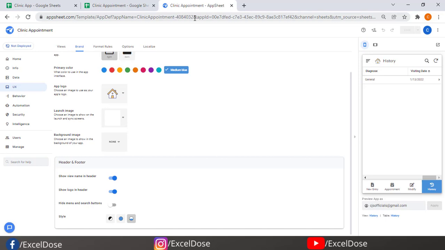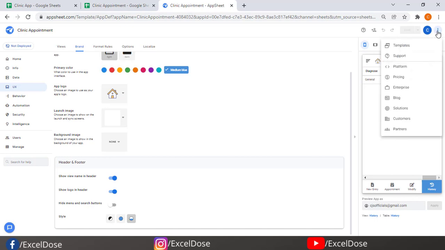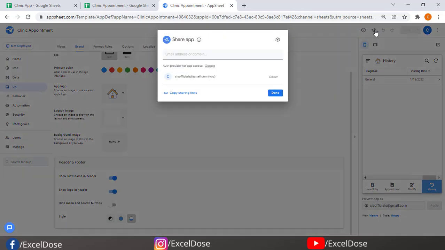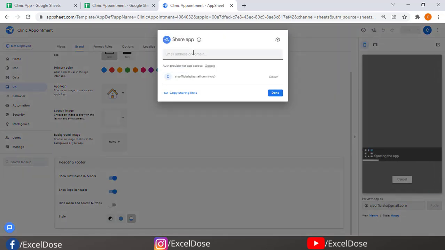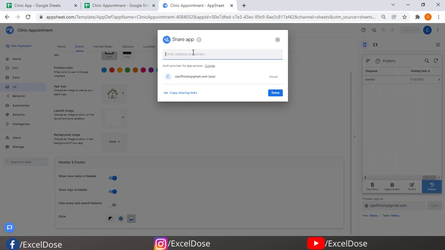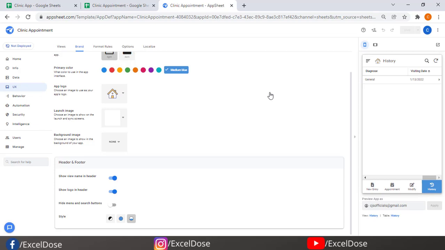Since it is already working on the web, if you want to run this application over mobile, you have to simply click on this one, not this one. You can share with your colleagues or office staff, and then you can enter their email address, so they will get a notification that you have shared this web application with them. Once they click on that, they can install it on their mobile, and then they can run the application through their mobile. So this is how you can create a very simple and rich mobile app using a Google Sheet.